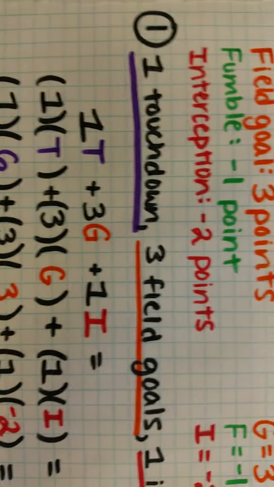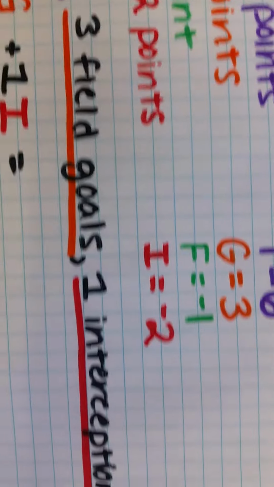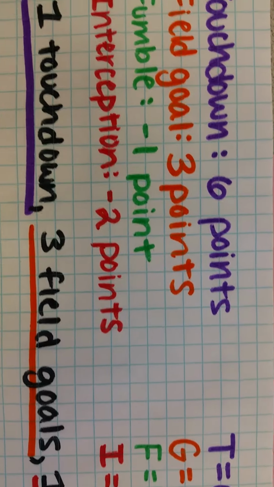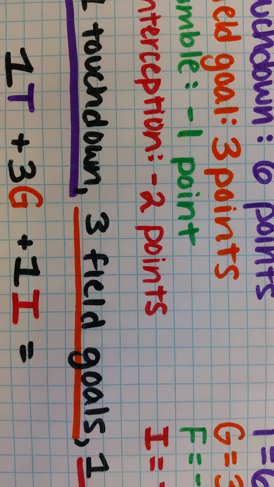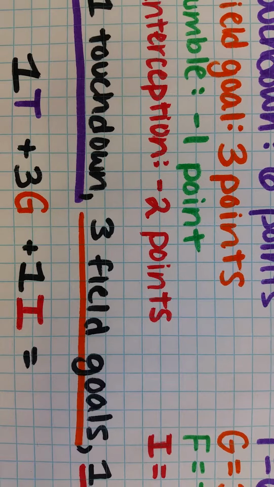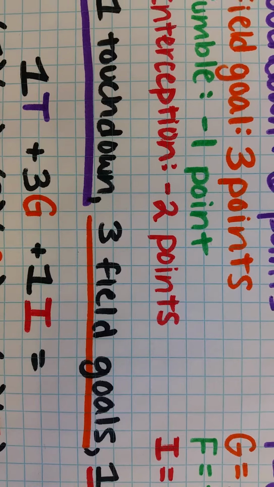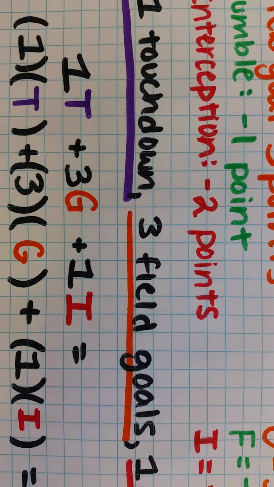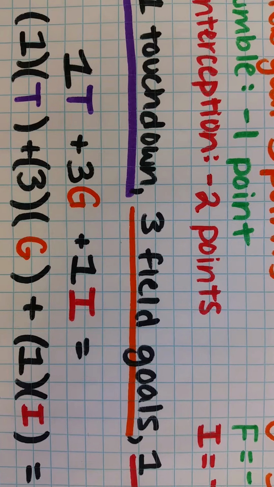So for the first homework problem, we have 1 touchdown, 3 field goals, and 1 interception. So the way we can write that is we have 1 T, 3 G, and 1 I. Now, when we write 1 T, 3 G, and 1 I, what's really going on there is multiplication. So I put the numbers and the letters in parentheses right next to each other, to show that we are